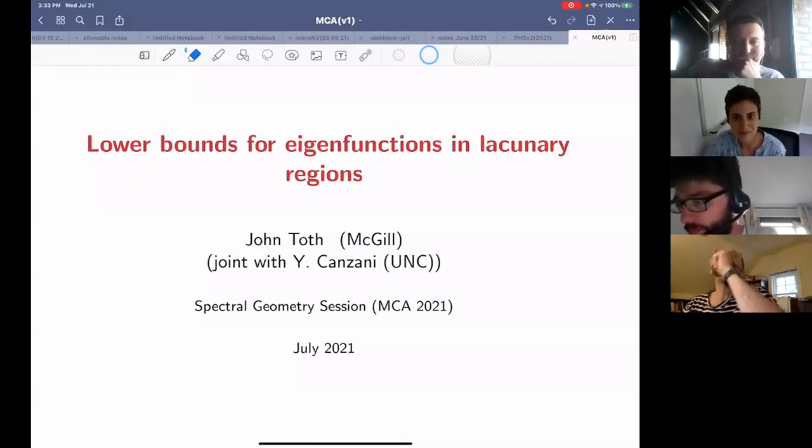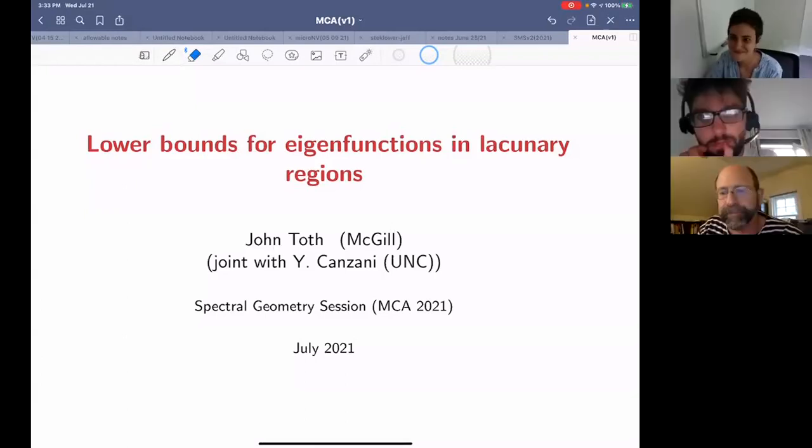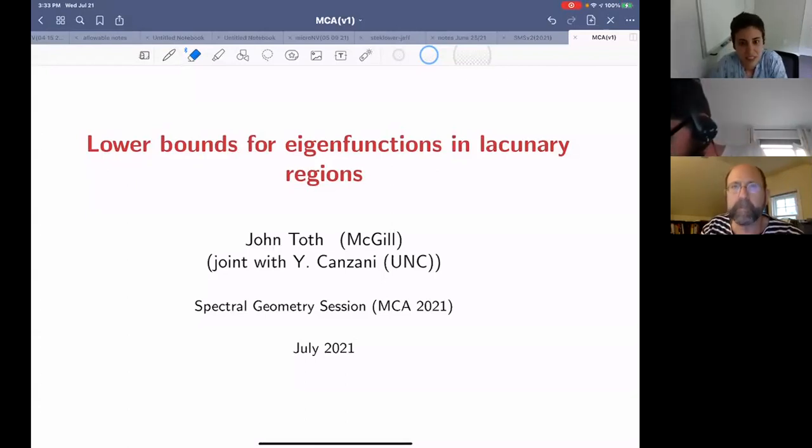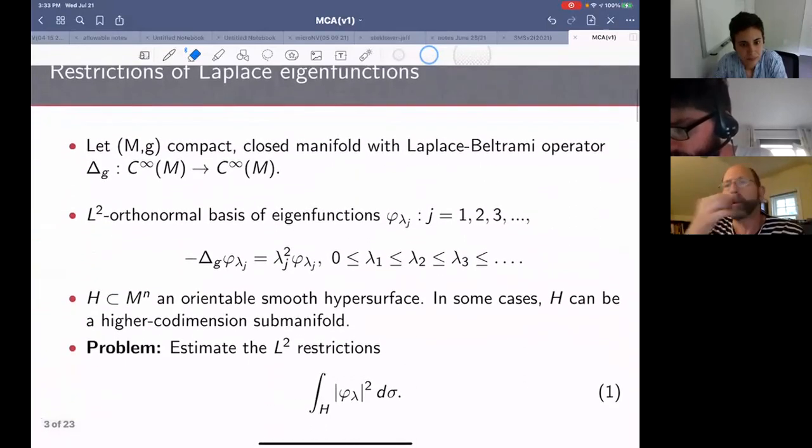All right, well, thanks very much. I thank the organizers for inviting me to speak. I'm going to talk mainly about lower bounds for eigenfunctions on the quinary regions, which is a result of work with Shaiza Kansani. Before I do that, I know I have a short talk here, so I will go quickly,